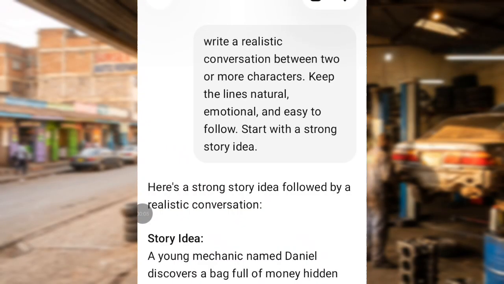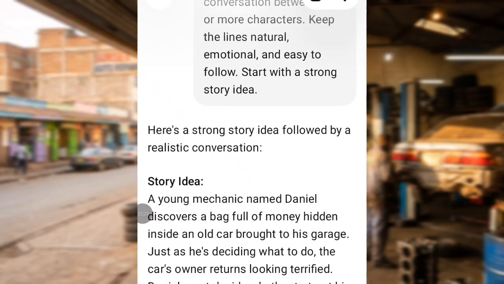Step 1 is to start by writing our story and clear dialogue schemes which are not so complicated. So I went ahead and used ChatGPT to create my story, and this is how I started. I asked ChatGPT to write a realistic conversation between 2 or more characters, keeping the lines natural, emotional, and easy to follow. Start with a strong story idea, and after a few seconds, this is what ChatGPT gave us: